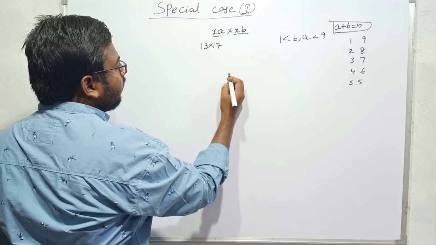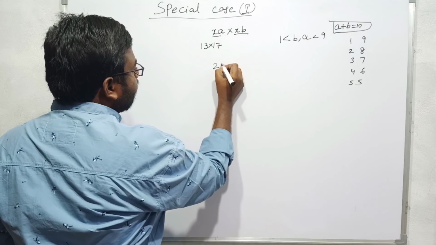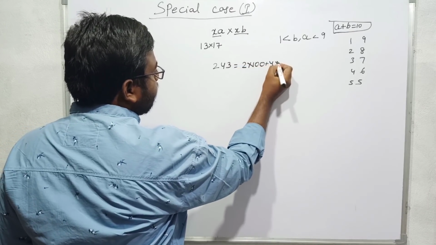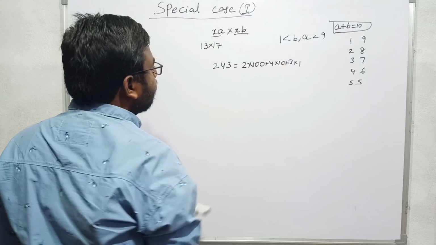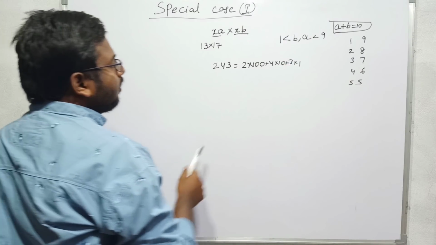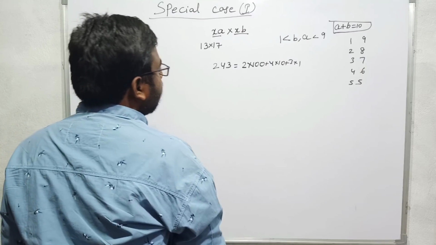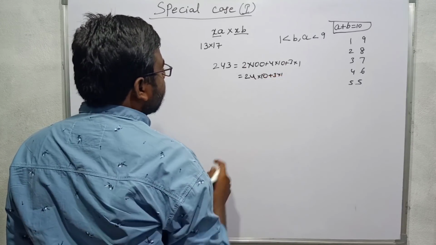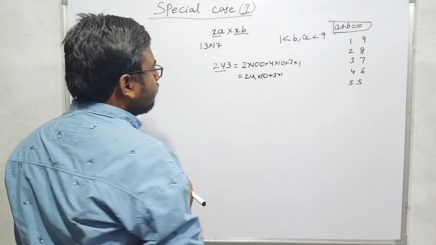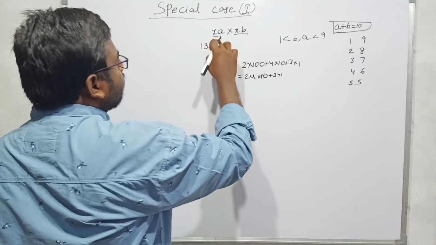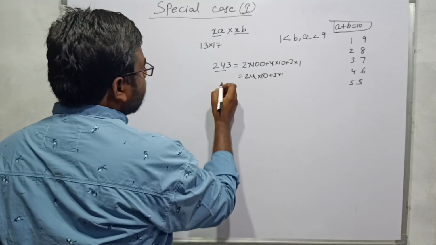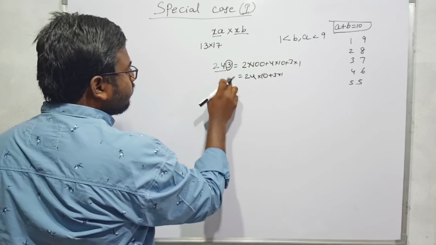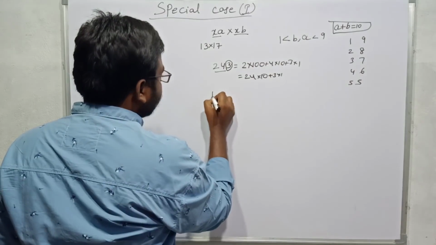When we discuss a number 243, what I can do is 2 into 100 plus 4 into 10 plus 3 into 1. Units place, tens place, hundreds place. So 2 into 100, 4 into 10 plus 3 into 1. Now I can write this as 24 into 10 plus 3 into 1 also, because if I take 24 as one unit, I can write it like this also. Similarly, for 243, I can write 3 as the unit digit only, and I can consider all the remaining digits as the tens digits. It will always be correct.